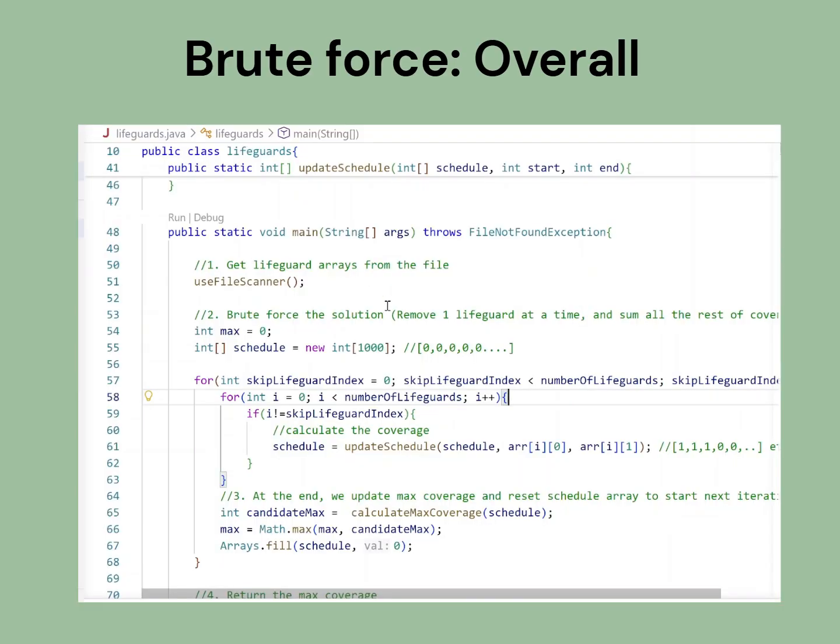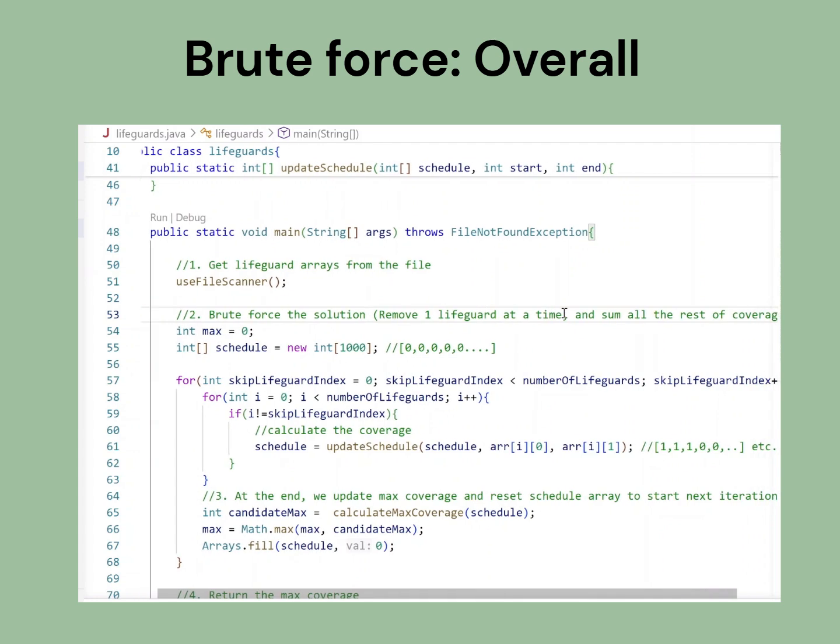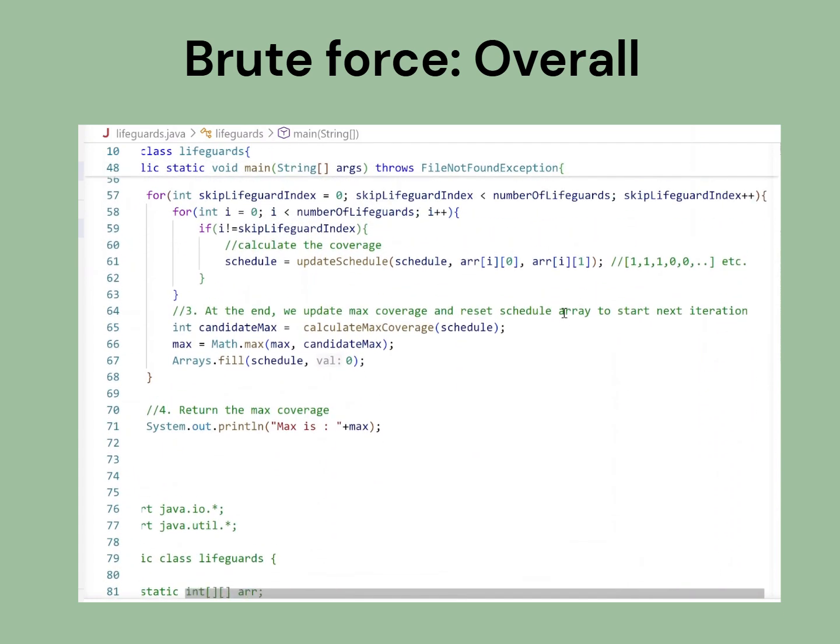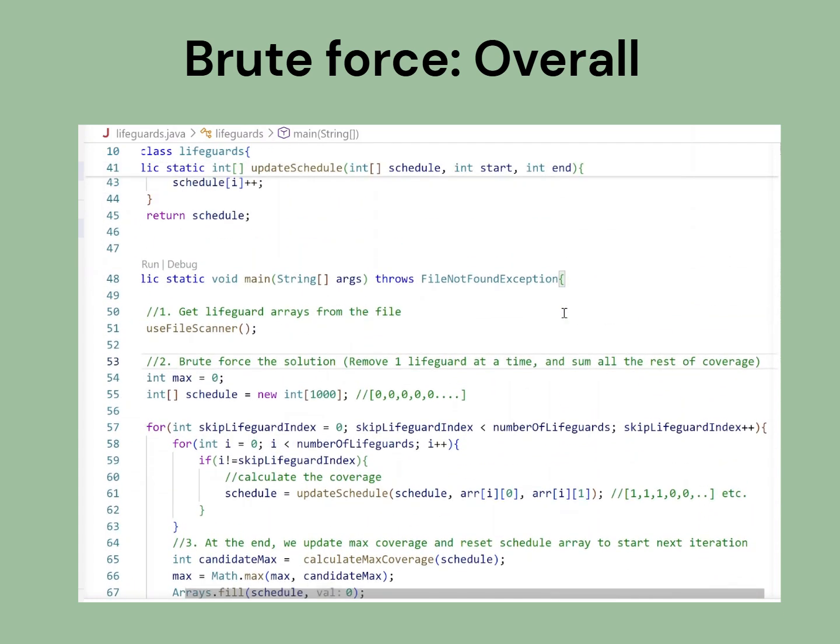Now let's look at the actual implementation. In step 1, we load the data into arrays for further processing. I wrote a custom method for readability, but let's pretend that we store the start and end times in distinct arrays for each lifeguard. In step 2, we're gonna use the brute force approach by skipping one lifeguard at a time